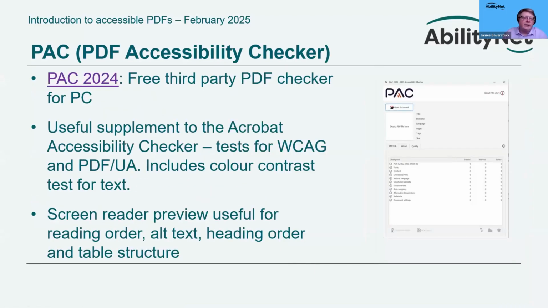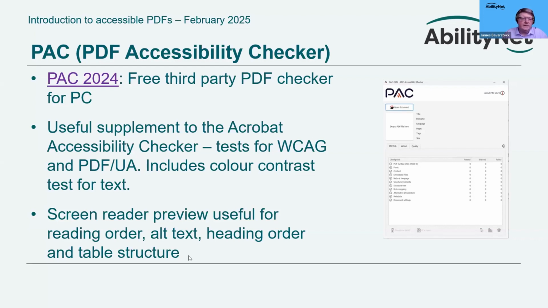Another really useful checker that we'd recommend using as a complement to the built-in Acrobat checker is called PAC, or PDF accessibility checker. And this is available as a free download for PC. It includes a few more checks that are not available in Acrobat, including a color contrast test for text, which can be quite useful. And it has a screen reader preview mode, which I think is also a really useful tool to know about if you're